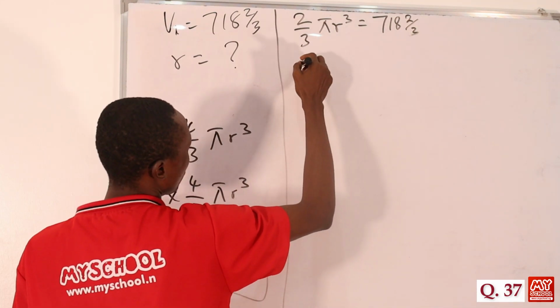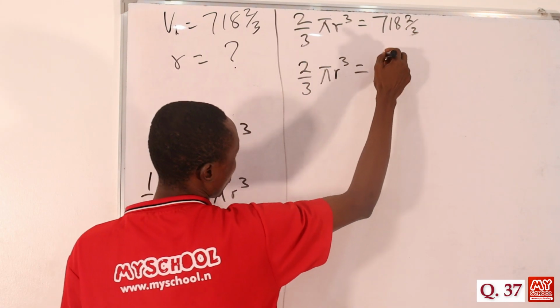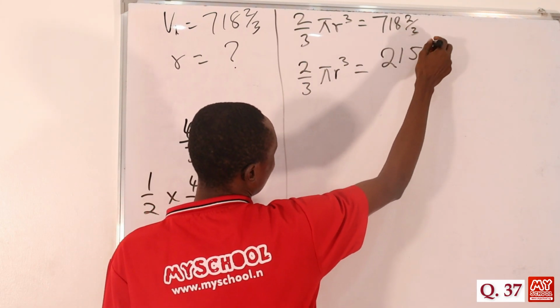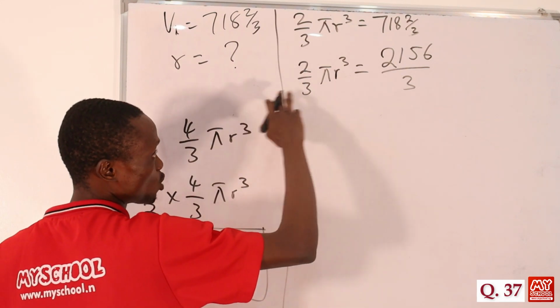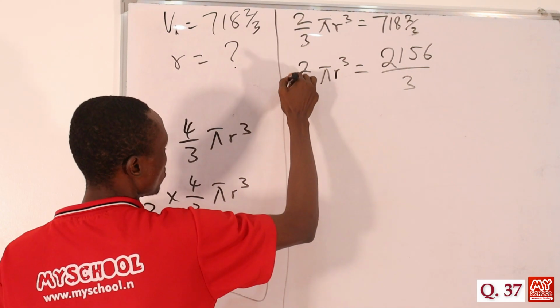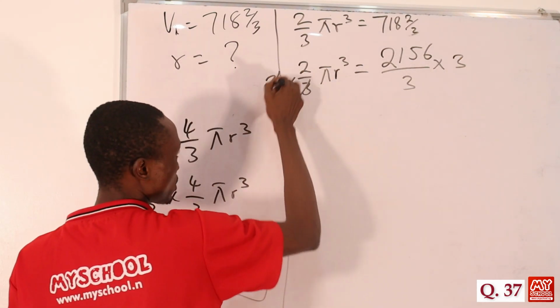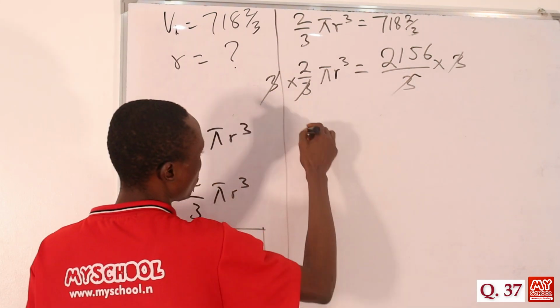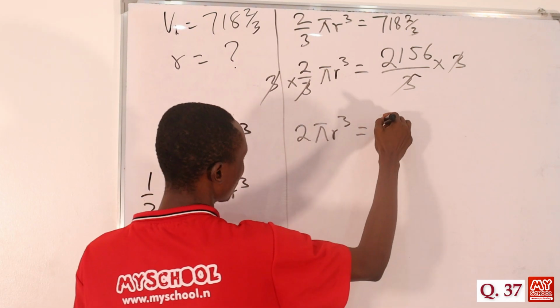Okay, so here we'll be having 2/3 πr³ equals 2156 all over 3. The next thing is for us to multiply 2 by 3 so that we can remove these 3's from the denominators. If we multiply here by 3, we also multiply this side by 3. So 3 will take out 3, and we'll be having 2πr³ equals